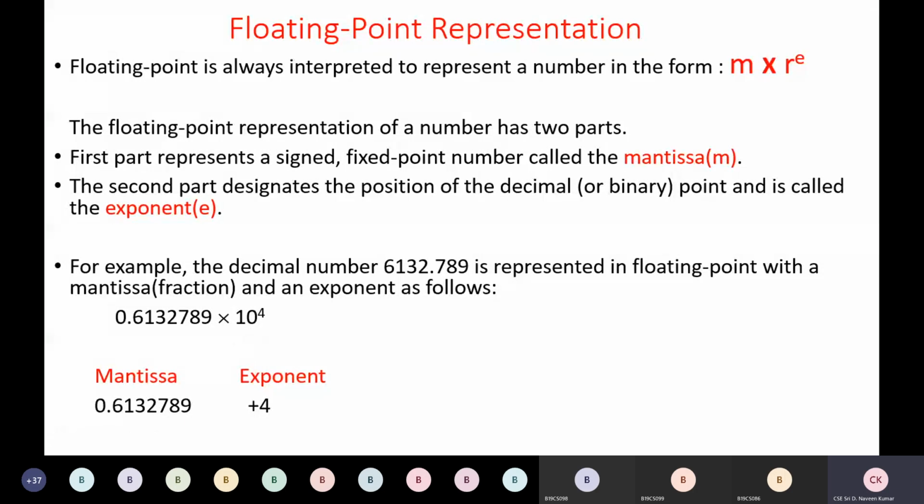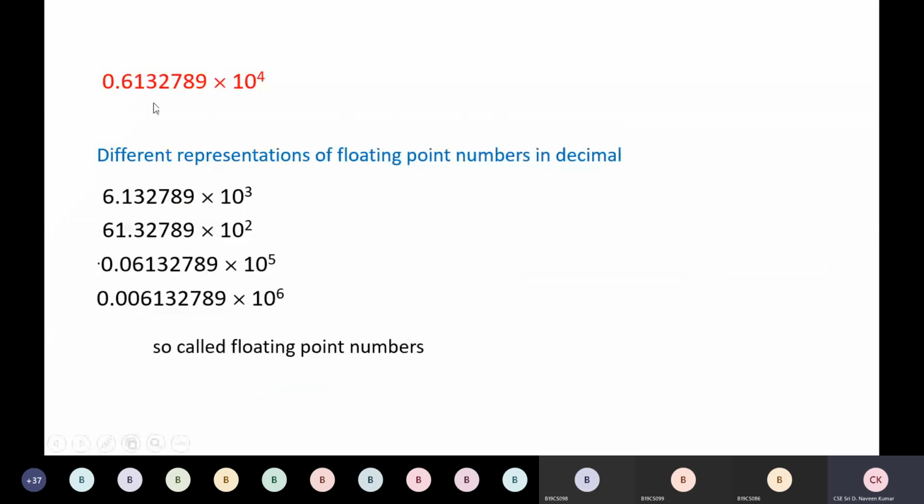Right? So here we take the same example. You can see one example we had taken. This is a floating point representation m into r to the power of e, where you can convert this as a decimal representation. It is not binary, it is a decimal representation, and I changed this based on the exponent. You can see instead of 4 I had changed it to 3, so obviously the decimal point changes, it comes towards the right. You can see 6 point it became, because I had taken 110 from this and multiplied it, so obviously we get the decimal point here, and it becomes 10 cube.